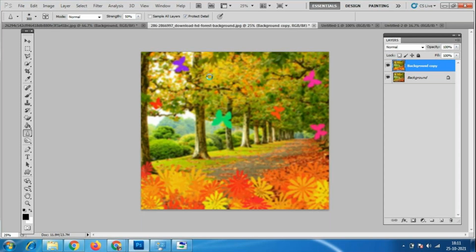Slowly we have to do this, because these are effects and only in some places we want to make it sharp. For example, some text that is not visible, or some very important text that has become blur, we want to make sharp. Some mobile numbers, vehicle numbers, or any things that are very blur, that time we want to make it sharp. Those things we can do with the sharpen tool.